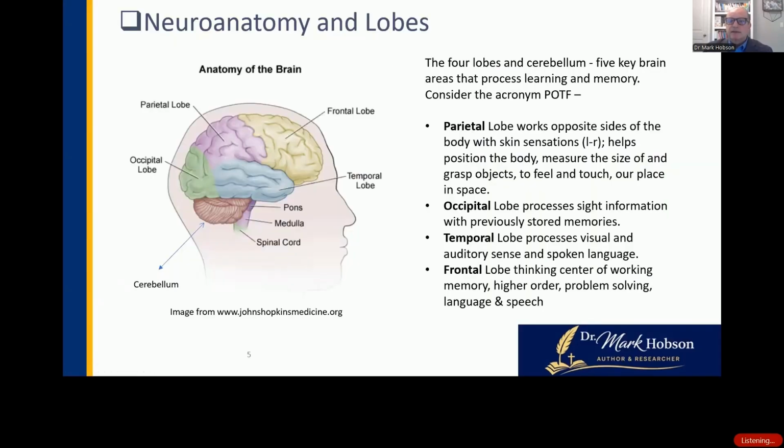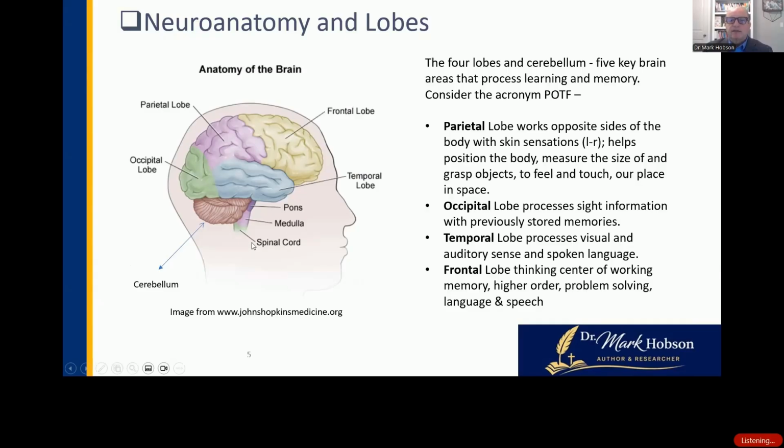The brain's main functions are to keep us alive and to enable us to learn. 90% of adult learning comes through sight. To appreciate strategies of teaching and learning design, educators benefit from understanding our minds, how we learn, and how our brains expand during learning. We see the four lobes and the cerebellum, five key brain areas that process learning and